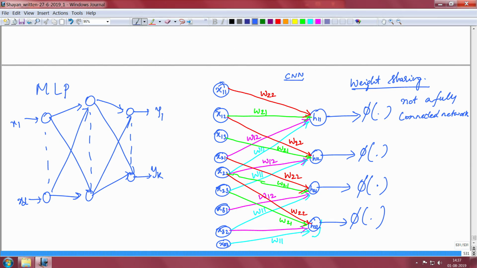Now, let us understand how, in the backward pass, we can update these weight parameters. For that, if you go back and see the multi-layer perceptron, we need to compute the local gradients at each layer. So, let us assume that we have local gradients in this layer. Let delta 11 be the local gradient at this node, delta 12, delta 21 and delta 22. Now, we need to compute the local gradients at these nodes.